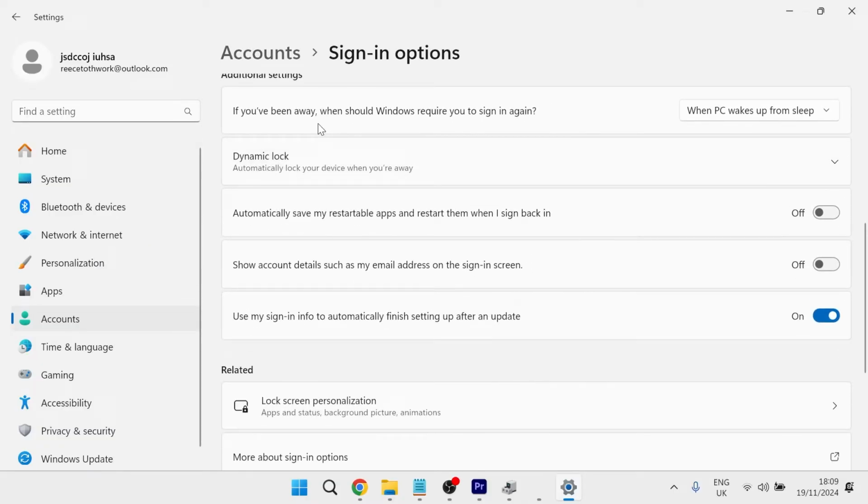Then scroll down again underneath Additional Settings, and right at the bottom, you should have these three options: Automatically Save My Restartable Apps, Show My Account Details such as my email address, and Use My Sign-In Info Automatically. Now, you want to make sure all three of these options are turned off like so,